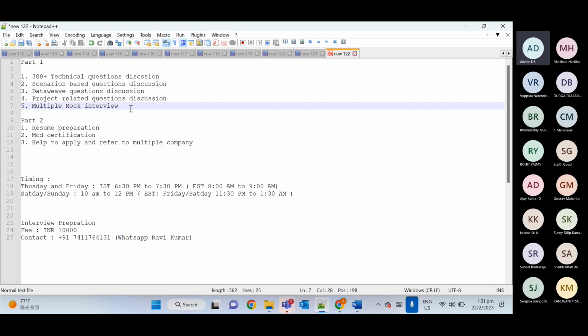And then we will do multiple mock interviews to give you a similar kind of interview experience. I know most of you have already learned MuleSoft and you are working in MuleSoft, but the objective of this course is to make you handy with interview scenarios and interview questions, so you will be able to answer things in a proper way. It happens many times that you know the answer, but you don't know how to answer in a perfect way. So we'll work on that part.